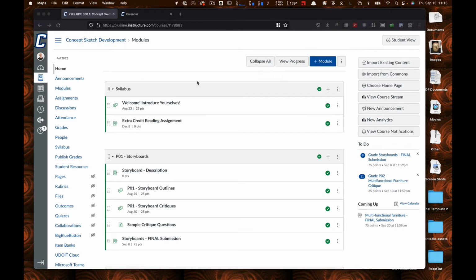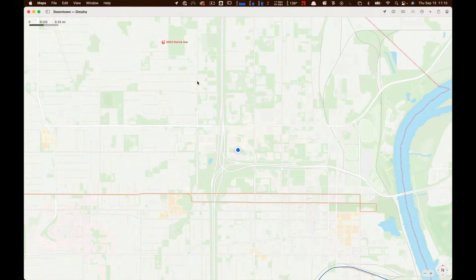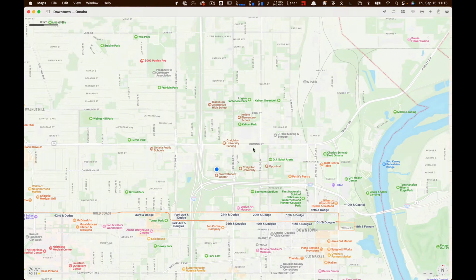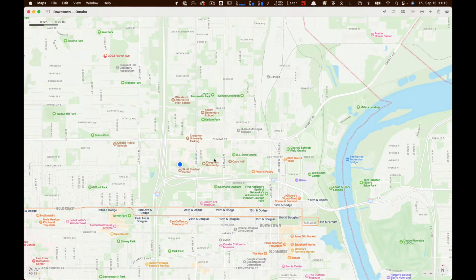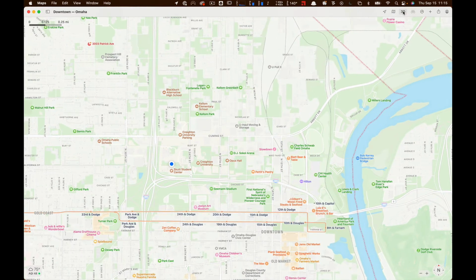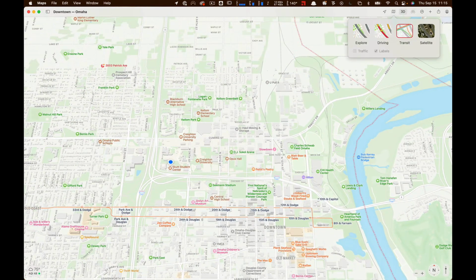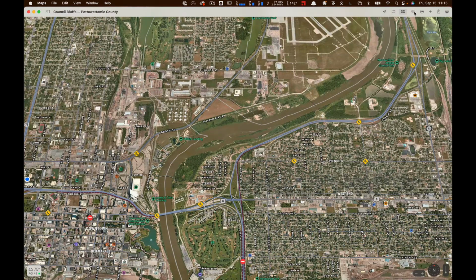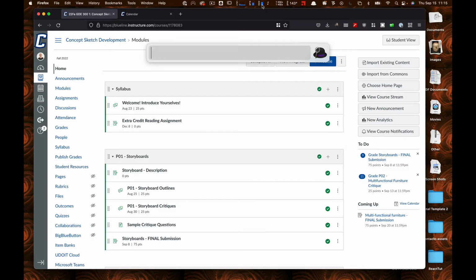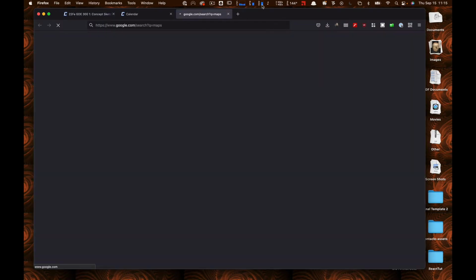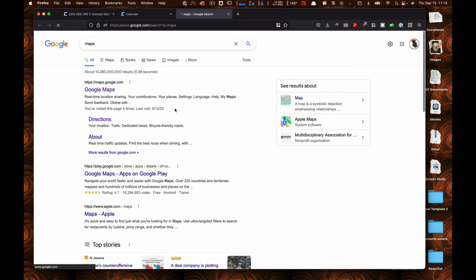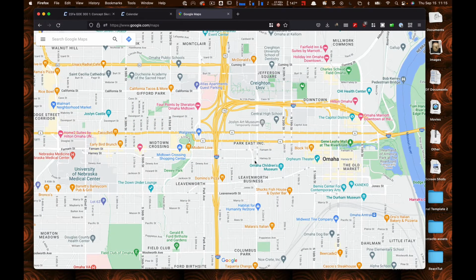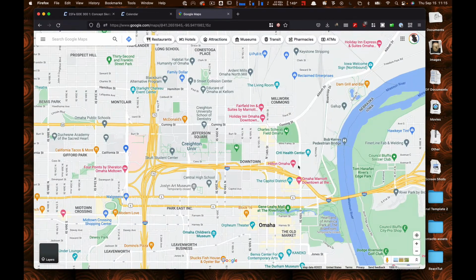I'm throwing a couple around in my head. I want to stay close to campus. So I was thinking we could do, let me see. I don't know why it doesn't let me. You know what, we've got to use Google Maps for this, unfortunately. All right. This is what I was thinking.